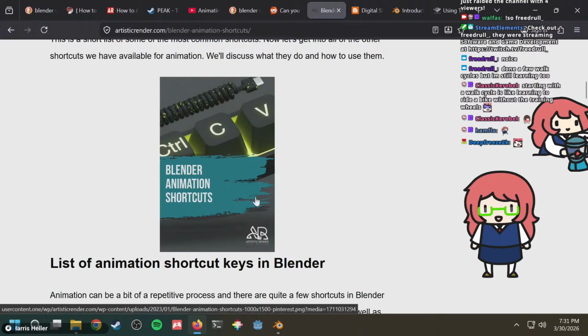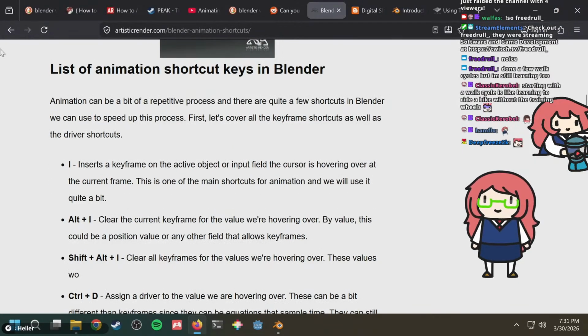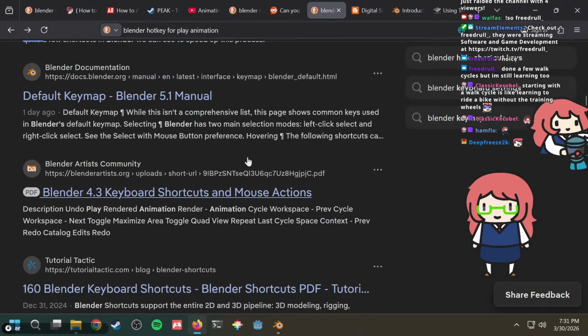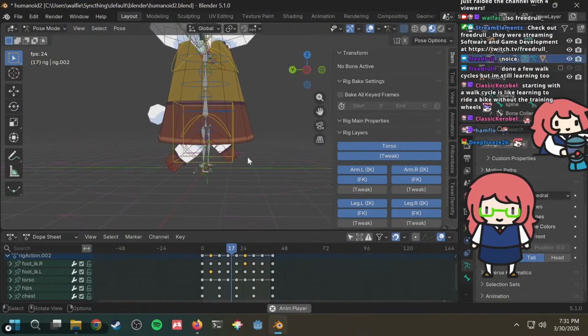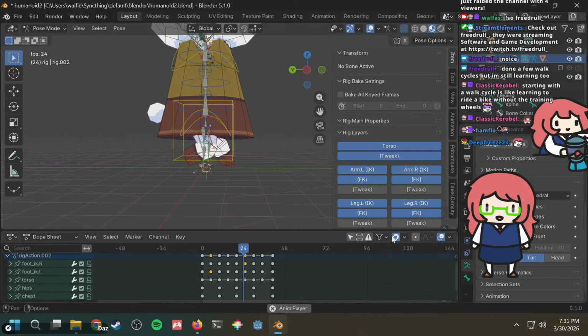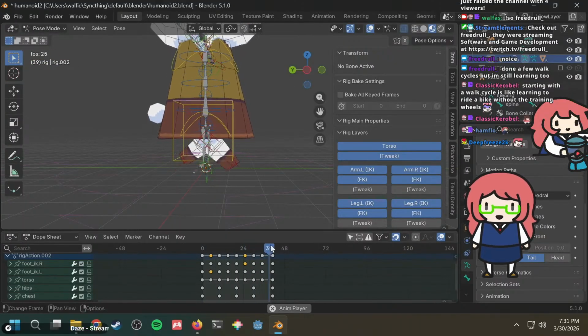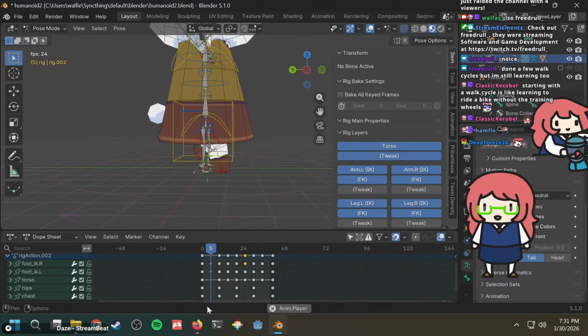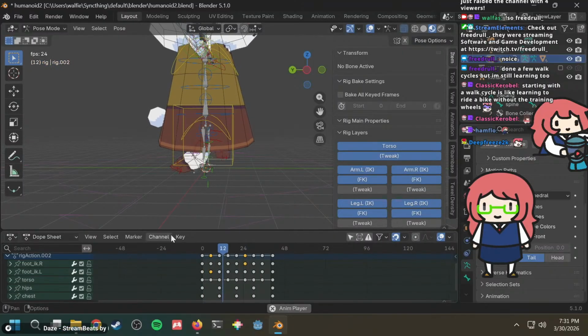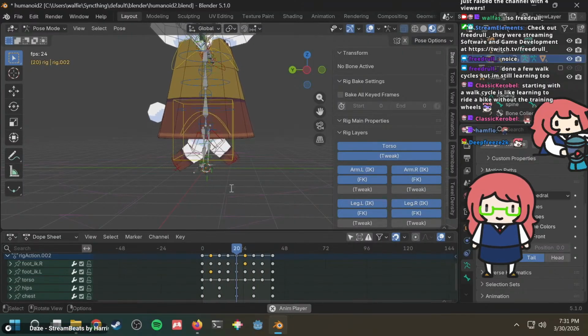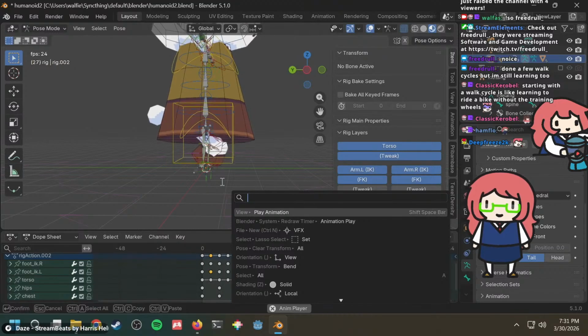Spacebar, no, but spacebar searches for things. Is there like a button I can press? Where's the actual button for play and stop? Stop.